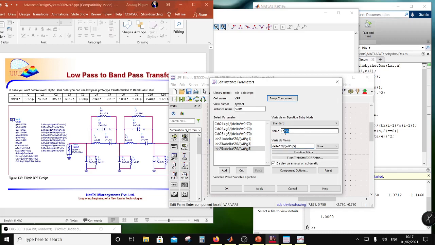So I'll do LS22. LS22 would be equal to G2R0 by omega naught delta. Okay, and I'm going to add that LS22. Then LS24 would be G4R0 by omega naught delta. That's being done, and then I will have CS22,